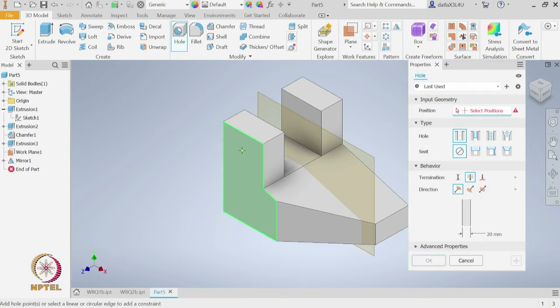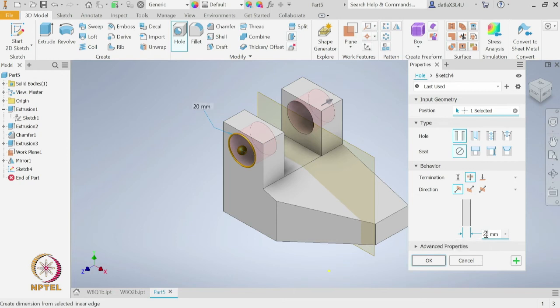Let us select the left face. The diameter we said is 10, and we need to specify the dimensions. So, with this edge it makes a distance of 15, and with the top edge it makes another distance of 15. Okay. So, now since we have specified the diameter of the hole and location of the center of this hole,